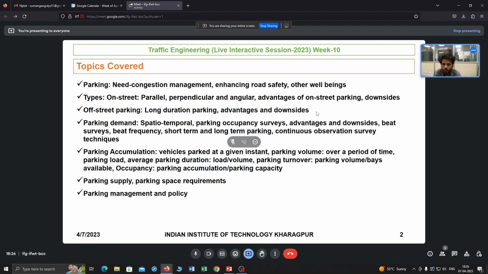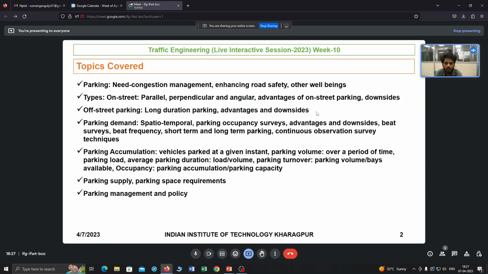So now in case of off-street parking, another thing is, whenever any municipal corporation is planning on-street parking, generally they allow on-street parking for short durations, because it may not be rational for any vehicle to park at a particular place and leave the vehicle for only maybe 2-3 minutes. Instead they can park their vehicle for a couple of minutes and come back again, so road space is optimally used also.